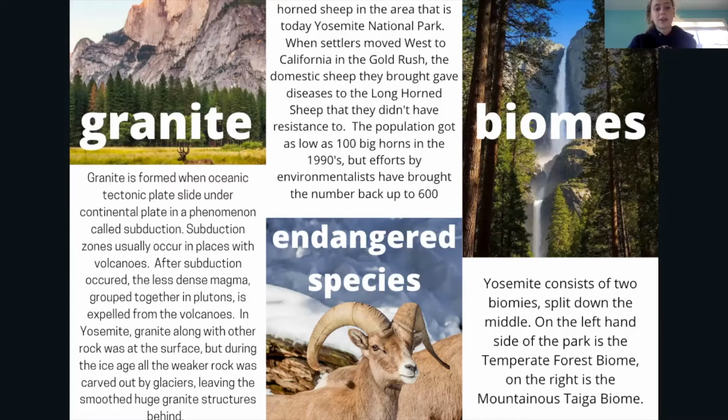After subduction occurs, the less dense magma, grouped together in plutons, is expelled from the volcanoes. In Yosemite, granite, along with other rocks, were expelled from these volcanoes and at the surface. But during the Ice Age, all the weaker rock was pushed away by the glaciers, leaving the smooth, huge granite